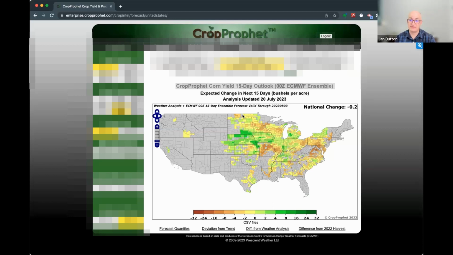A couple of the benefits that provides is that this is an objective solution, meaning it is not subject to market hype or market excitement. It is a statistical process based on what has happened over the last 37 years. And if there's something really exciting in the market going on, our system doesn't really care. It just churns out a yield forecast day in and day out.